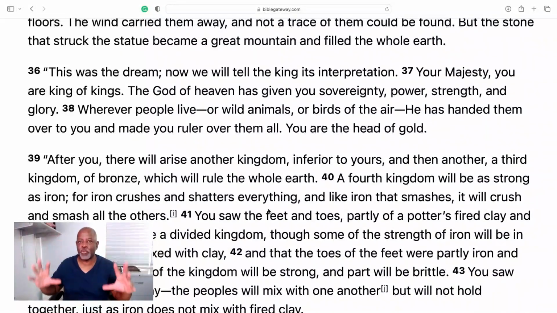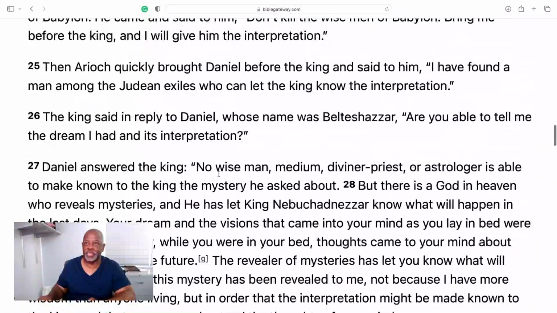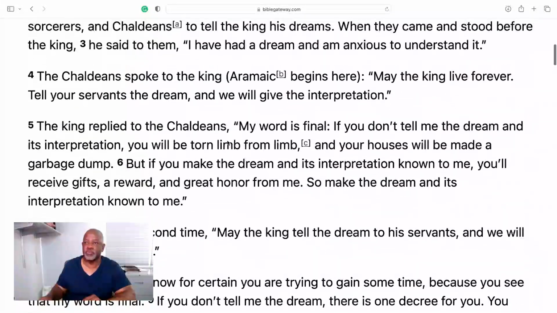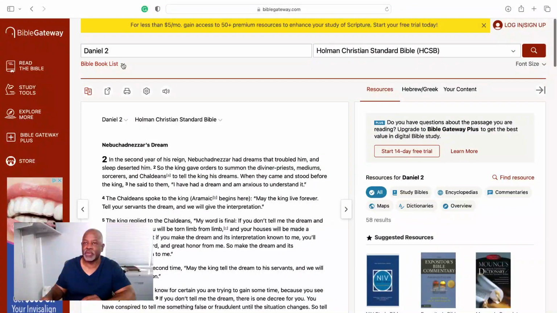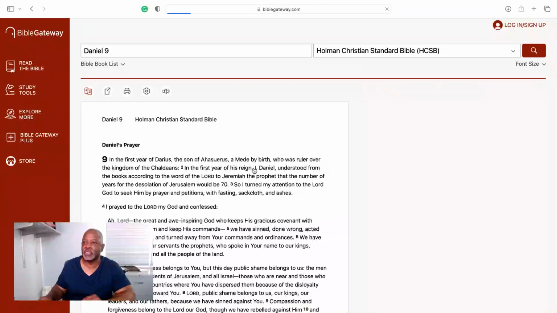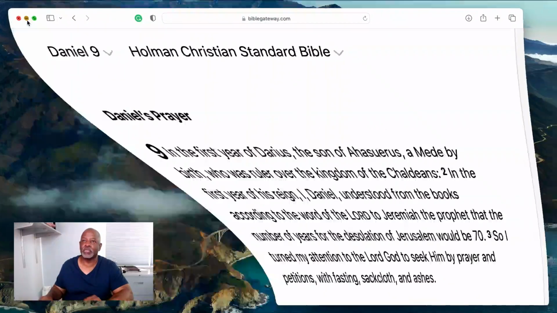So the interpretation of the dream here, and this is why this is important, is the interpretation of these world kingdoms. Understand this is where we are with this. When we get to the second kingdom, the Mede and the Persian, this is where Daniel is going to be given its interpretation to come. This is where we're going to end up, and I'll probably pick up with this in the next chapter because I am out of time.